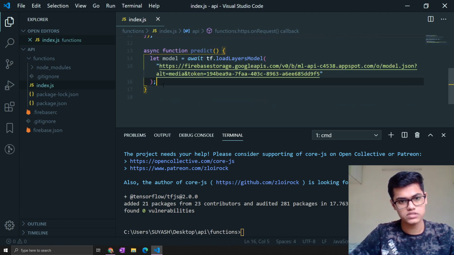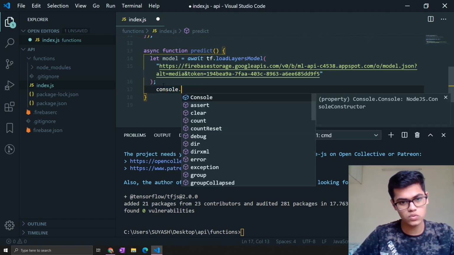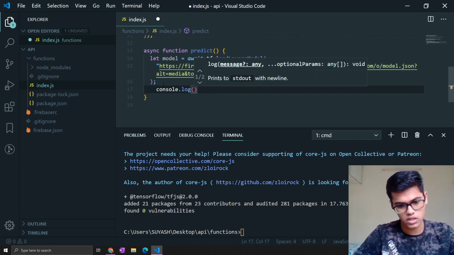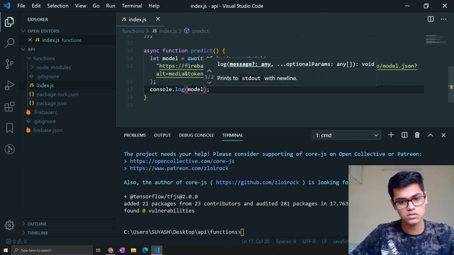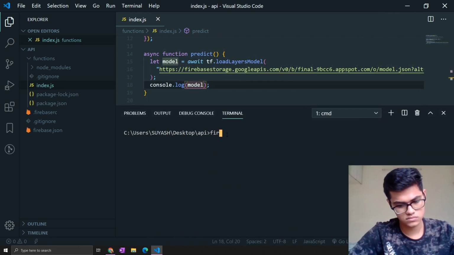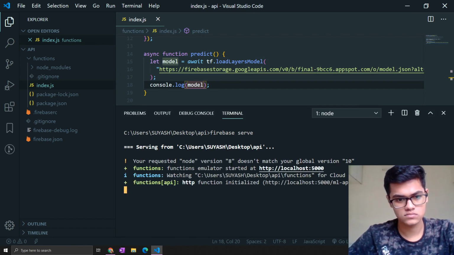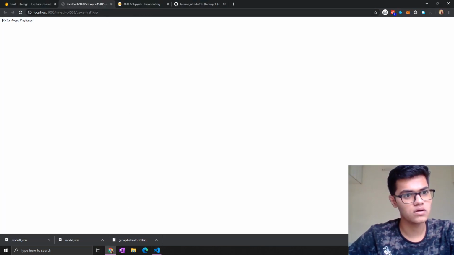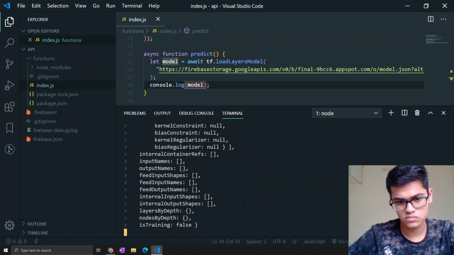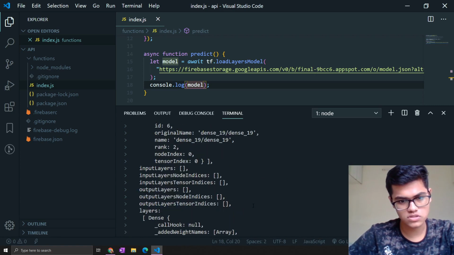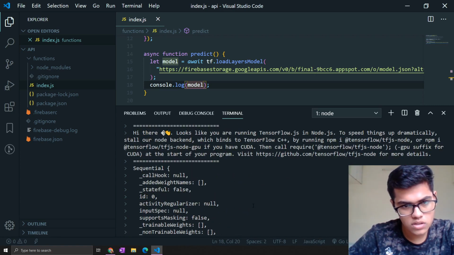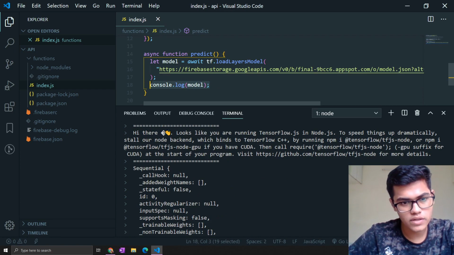And now let's test whether we are able to load the model correctly or not. So we will just search. Okay, so now we will just check. Okay, we are getting the response as the summary of the model, so it's working correctly.